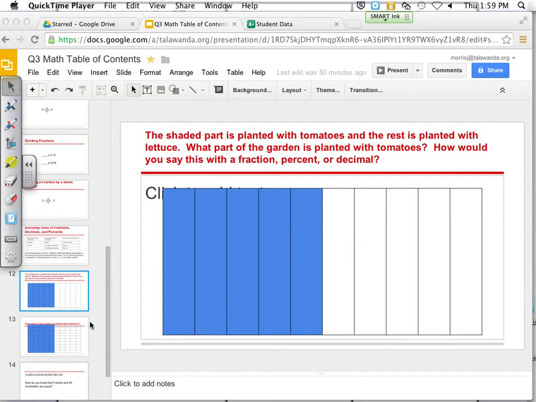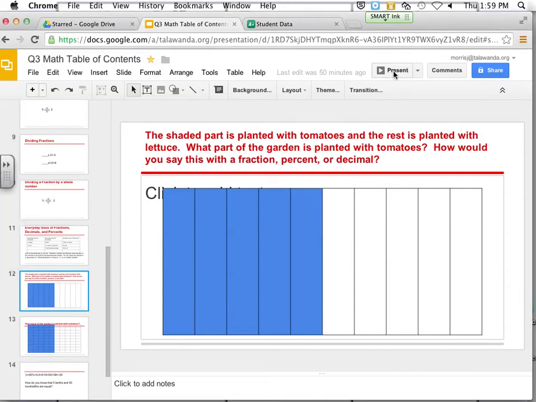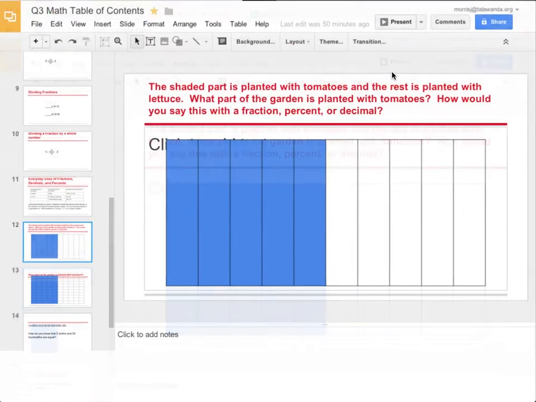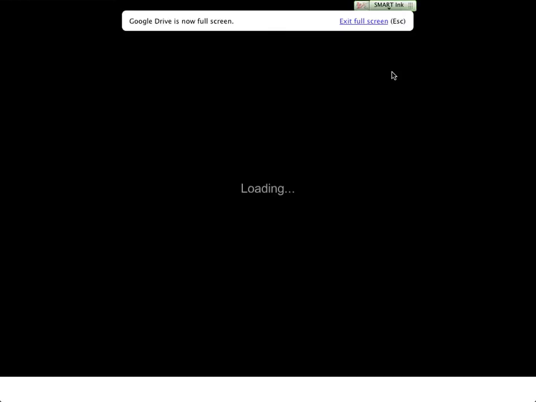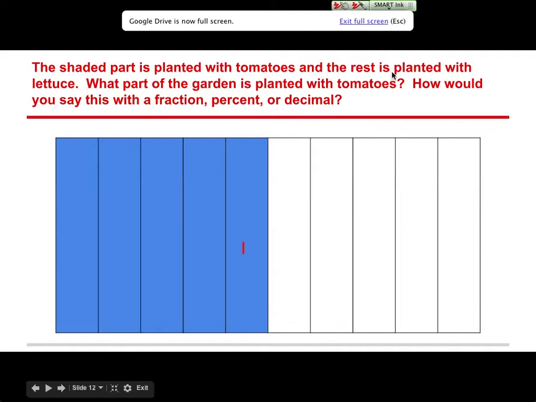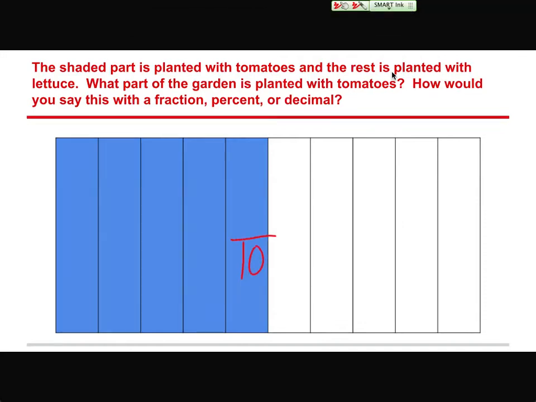What part of the garden is planted with tomatoes? Well, she said that right now there's 10 equal parts, right? How many of the parts in the garden are planted with tomatoes? Caitlin? 5. So right now, 5/10